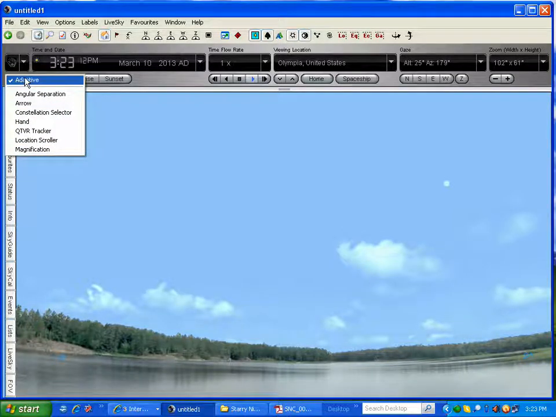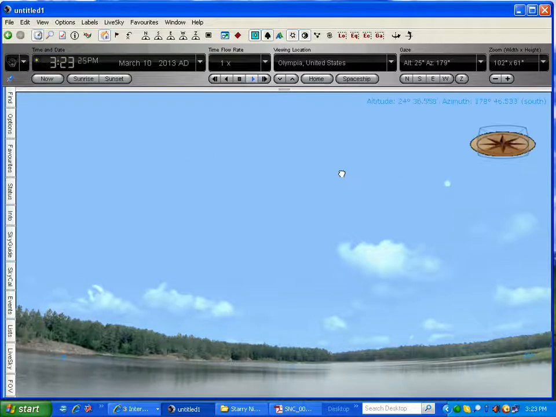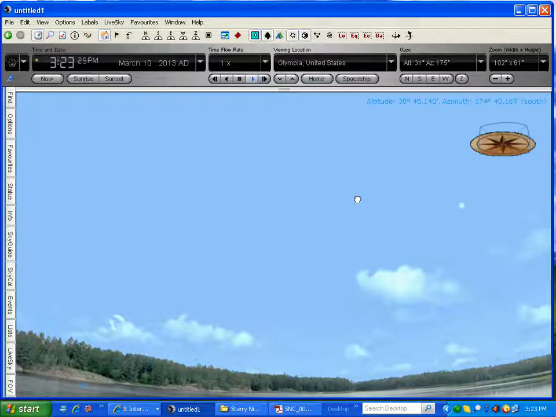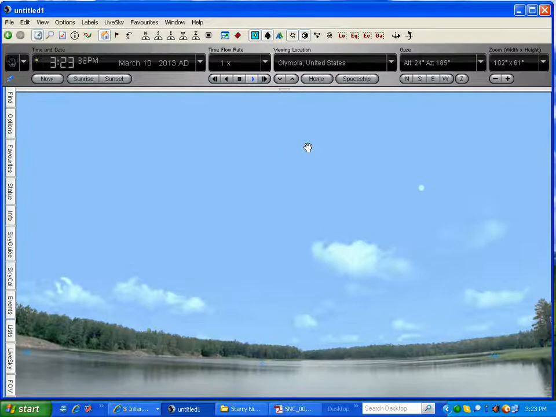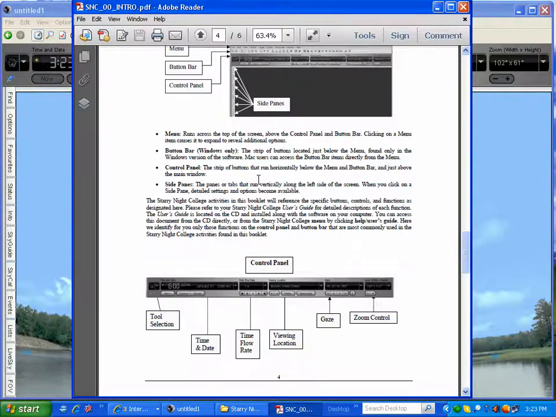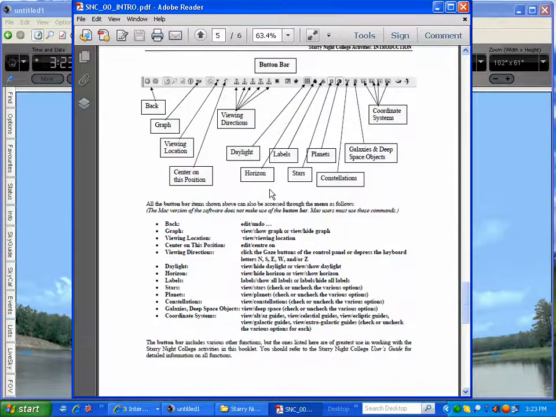It defaults to the adaptive type of tool. So here, the adaptive type of tool, if you left click, you can turn it into a hand and you can grab it. Or if you have a specific item. Now also here along the side, if you take a look at the introduction, you'll find out that that side,